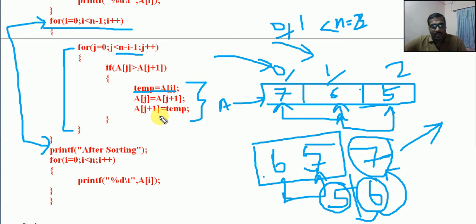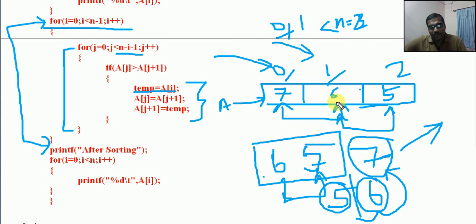Okay. Now next iteration, j becomes 1. The condition is true, because j less than 2. When it becomes 1, j less than 2, that is correct. It will enter. a of j means a of 1. So 7 is moved here, right?